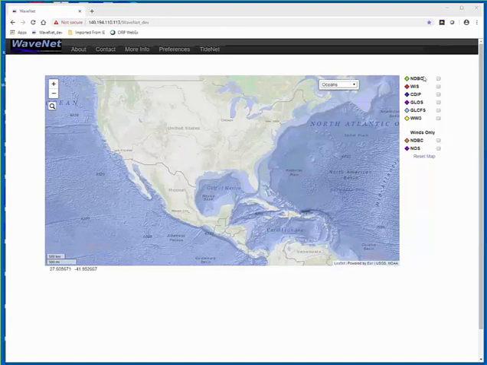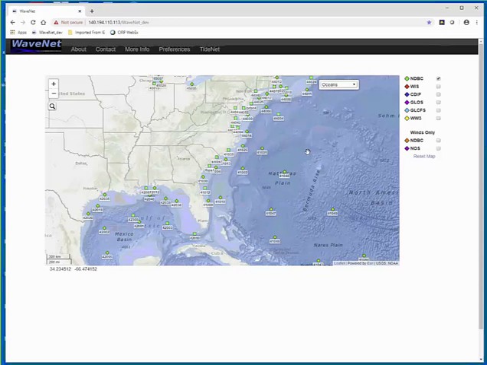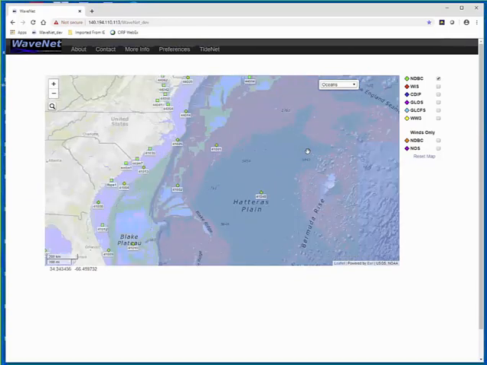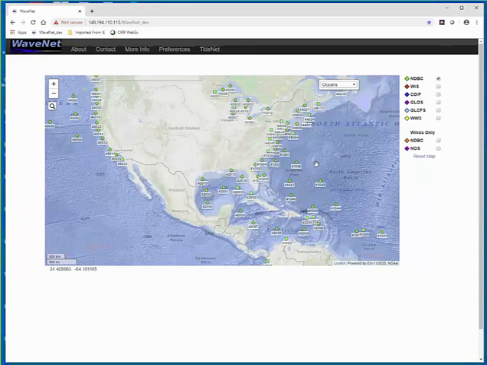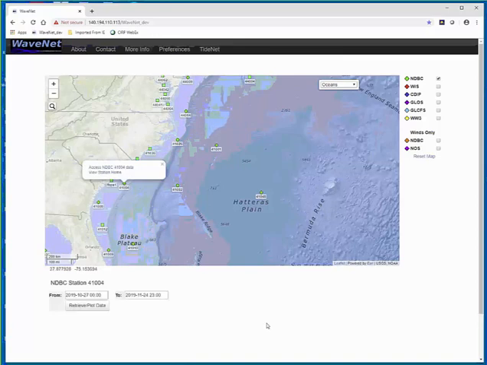Starting with the NDBC. If you click that, you see a bunch of NDBC buoys showing up. I limit the screen display to about 100 buoys or points of interest. So if you zoom into a screen, you will see other buoys that are not in the first screen. That's how the concept works, okay? So I'm going to select, let's say, 41004, a buoy near South Carolina that someone was recently working on.